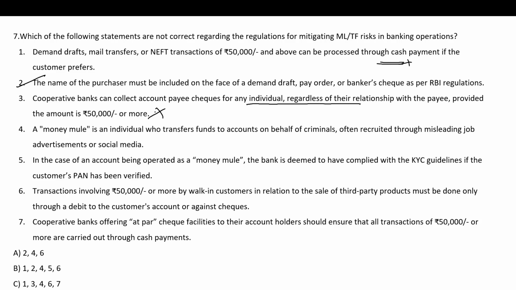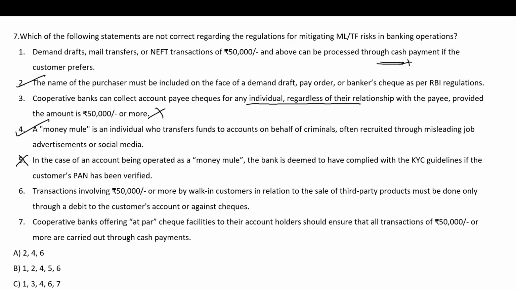A money mule is an individual who transfers funds to account on behalf of criminals, often recruited through misleading job advertisement or social media. This statement is absolutely correct. In case of an account being operated as a money mule, the bank is deemed to have complied. No. So this statement is incorrect. If this is operating as a money mule, then the bank is deemed not to have complied with